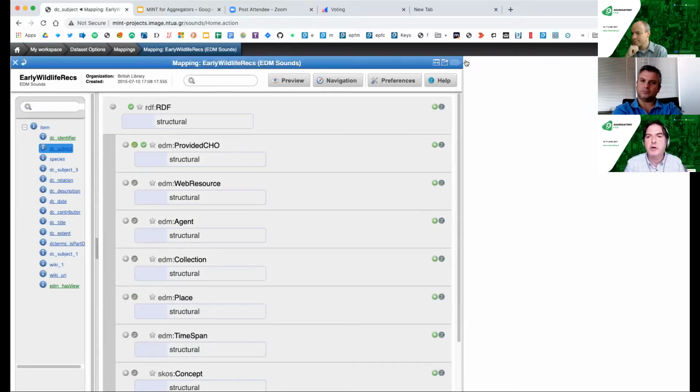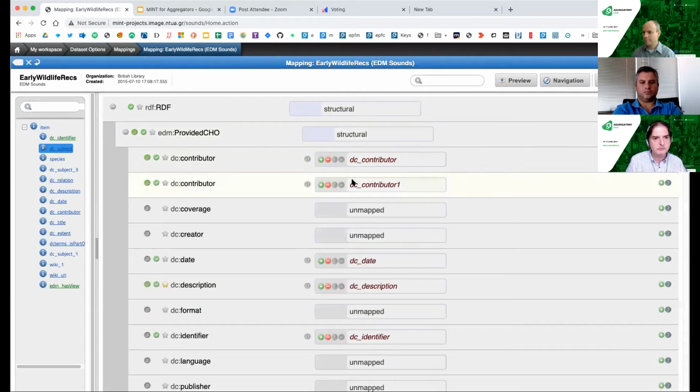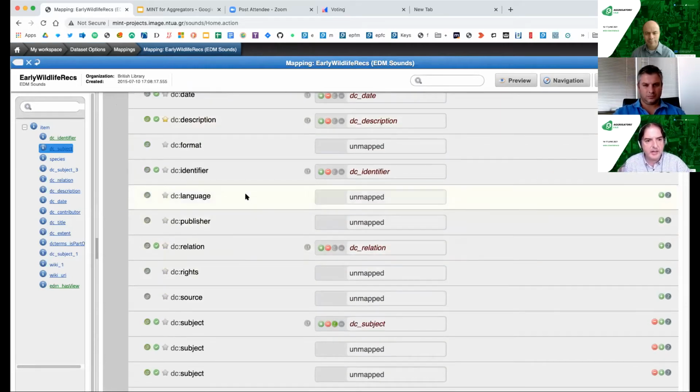But then when you go to the actual mapping interface, it comes in different sections. The most important sections are the provided CHO and aggregation. If we open up provided CHO, this is all the contributor fields, description, identifier, language,